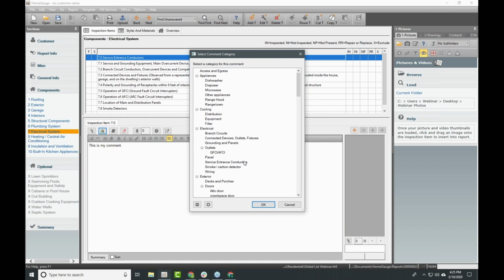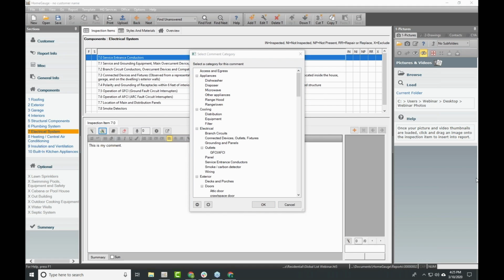And I look in here and I'm like, oh, HomeGauge, I don't like any of these categories. I'm not happy with this. Well, you should pick the closest thing that would make you somewhat happy. We all can't have what we want all the time, right? We settle sometimes, but you're only settling temporarily. You can always go back in here and